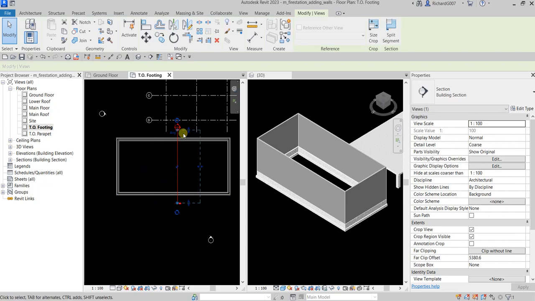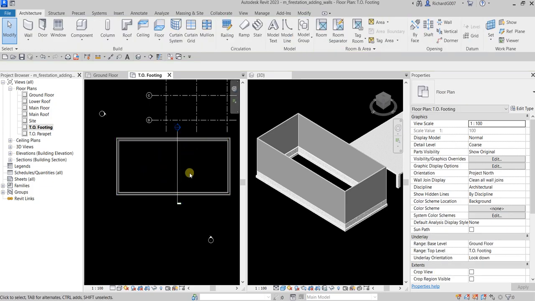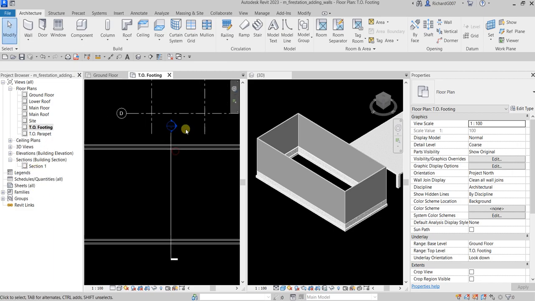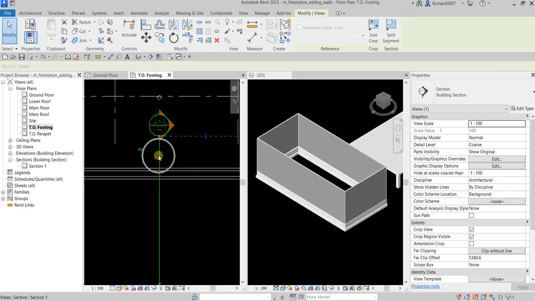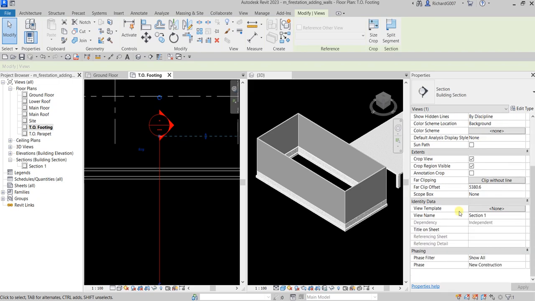Okay, all right, and then after that you can open now the section. By the way, this section that you have created is also created here on the project browser. If you expand that, that's the section. So you can double click that, or you can double click this head of your section. If you do not know the name of this section, just click that, and from the properties here, you can see the view name. That is your section 1, which is this one. Okay, so let's open up our section,